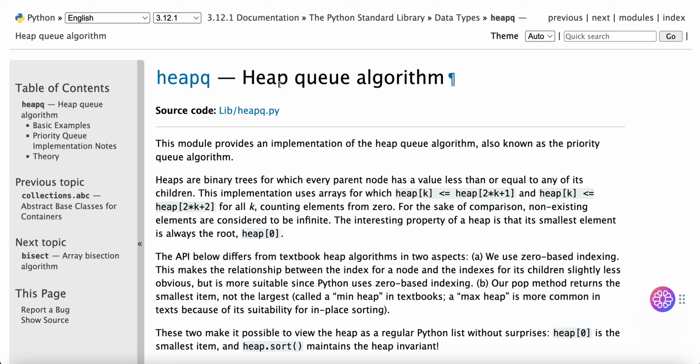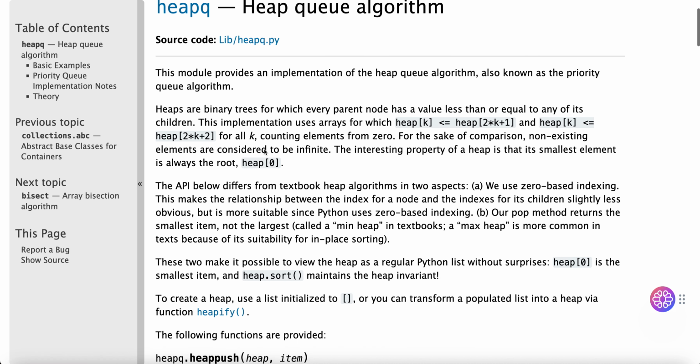heapq. Heapq algorithm. heapq.py. This module provides an implementation of the heapq algorithm, also known as the